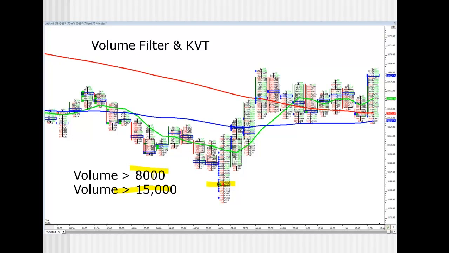So I have two different filters on this chart. And yes, you can put as many different filters as you want on the chart. Just make sure that you remember what the color codes are and be able to identify what is what. You don't want to put too much to whereby it gets too noisy, but you have the flexibility to add whatever number of filters you wish to have. All right, now